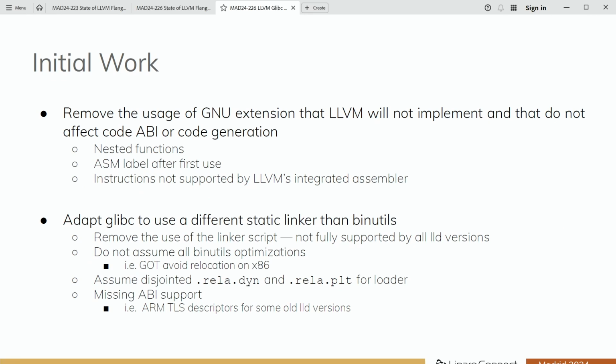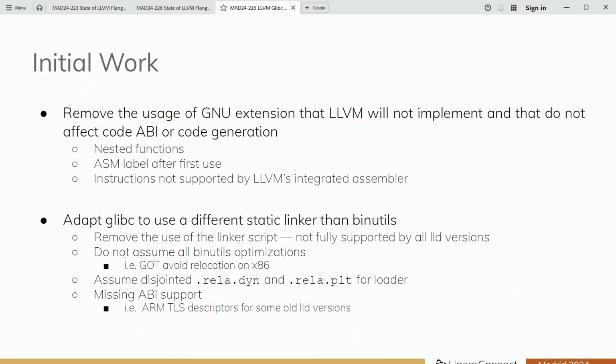So, Demerval. Thank you. To give some history, this project was done initially over multiple releases without a defined plan. It started with a Google engineer, Fangrui Song, that approached us with the idea to first enable glibc to build with LLVM LLD, and he put some patches to decouple the GNU build from being binutils-only, so he can use a different linker. And then he approached us with some more work to disable or optimize some stuff by removing GNU extensions